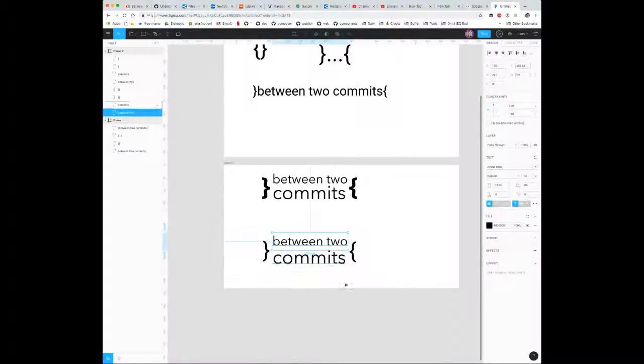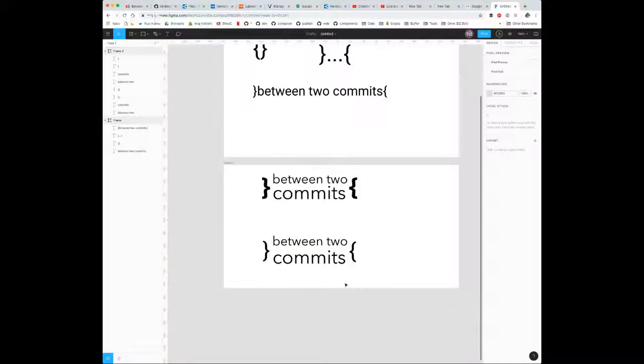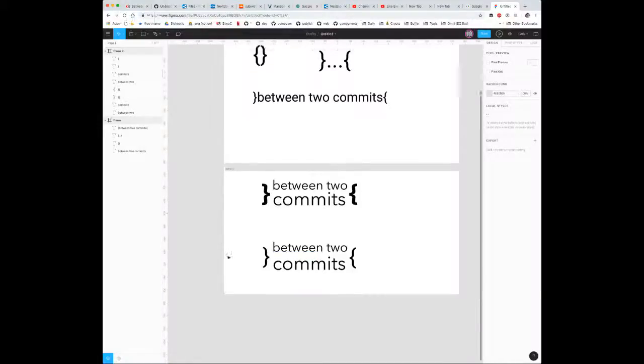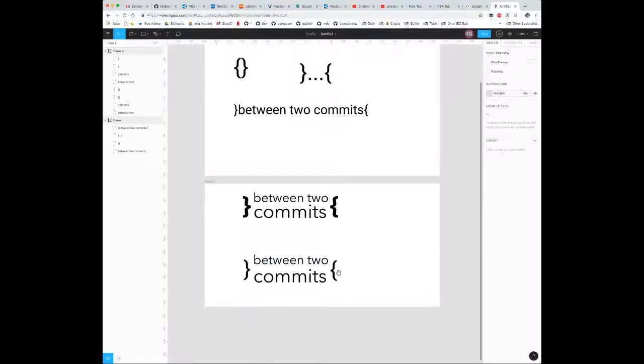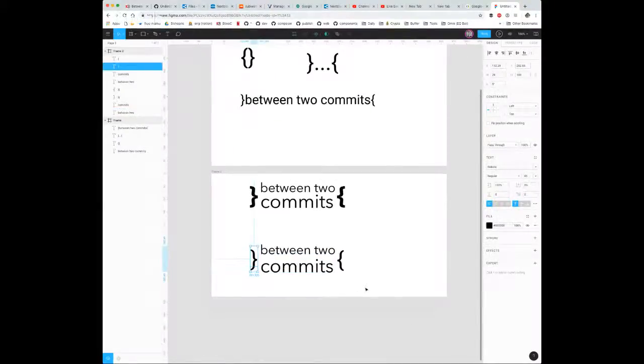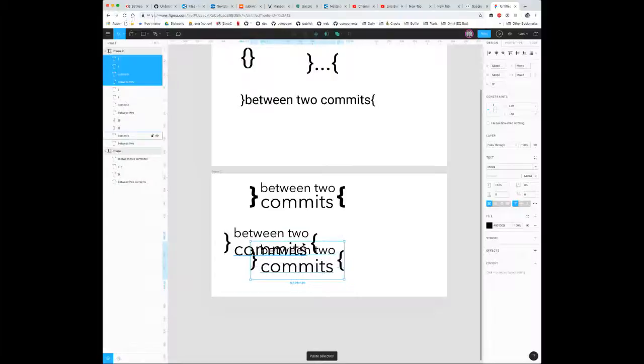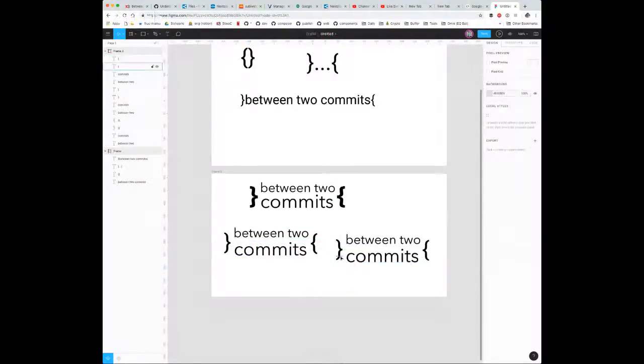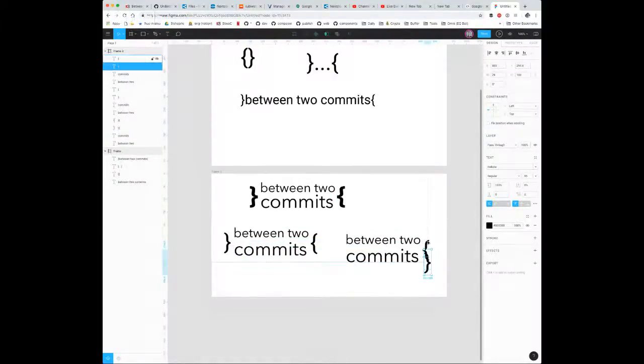I'm trying not to get married to a certain look just yet. But I'm liking this so far. I think something like this could work. This is one avenue, and another way we could do this is to flip the braces around. So maybe we'll just move this over here. I like your point about how it feels like it's in between, right?